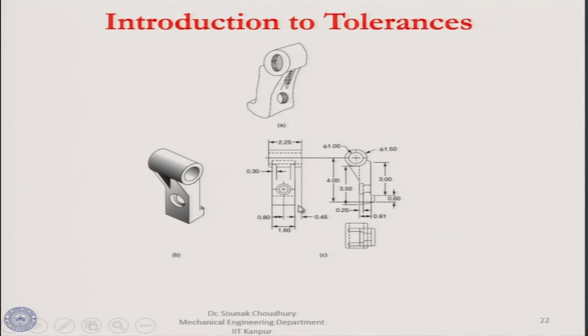Now, when the manufacturer makes this part, the manufacturer may not be able to maintain exactly that size, all right. So, therefore, it is not possible to maintain exactly 1.5 unit of something, let us say 35 millimeter of a length or 25 millimeter of a diameter. It is very difficult to maintain that length exactly. So, therefore, there should be some kind of variation in that length that is accepted by the designer, and accepted by the designer means that